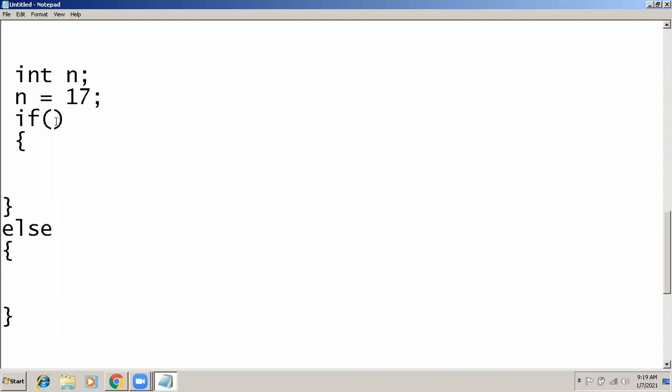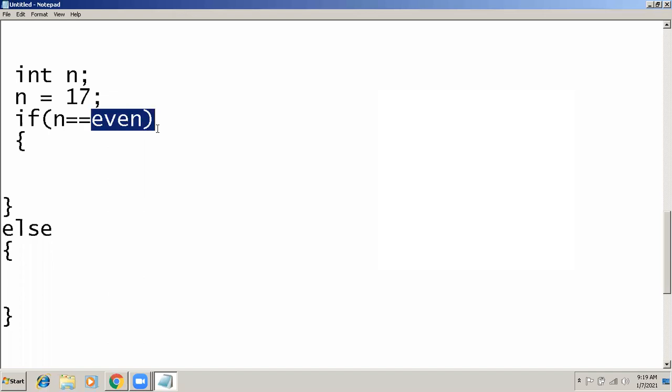In this logical expression, what should I write? Tell. 17 equals to even. So instead of writing 17, can I write n? Yes, sir. n equals to even. But what is this even?